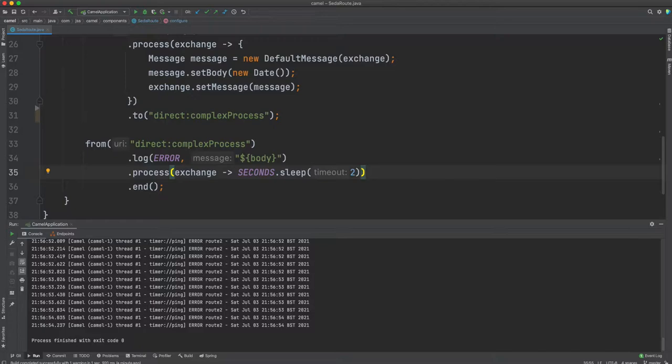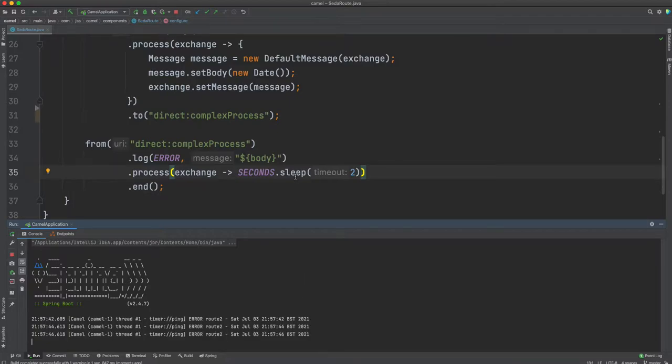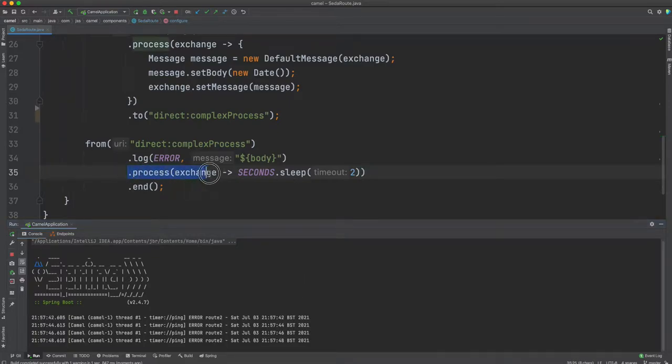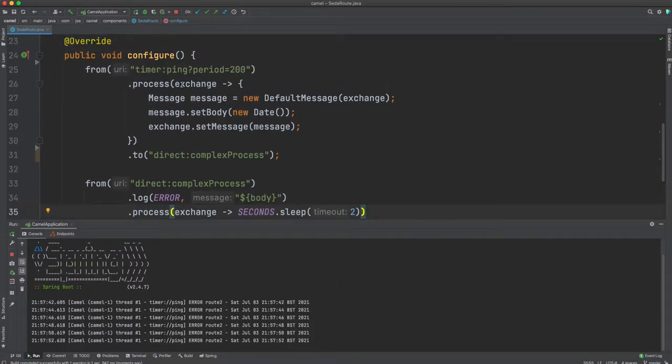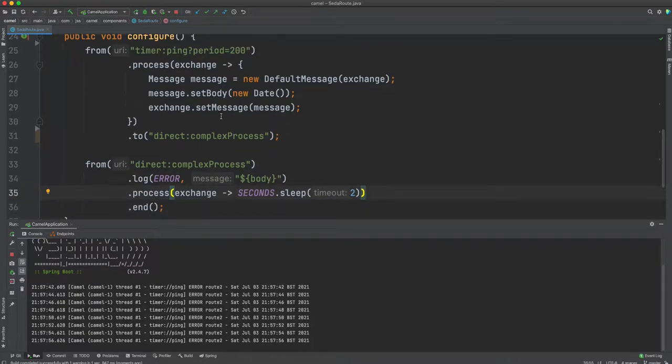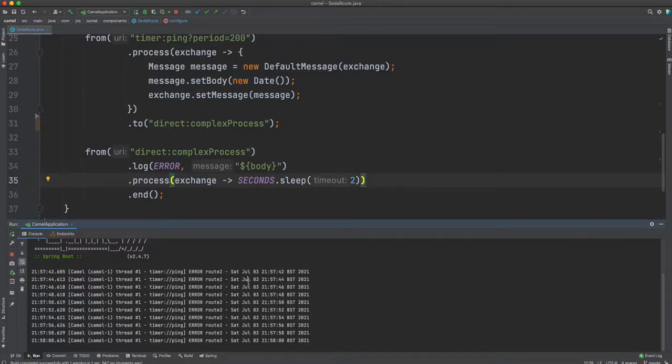The business requirement says it doesn't matter what happens on the route, but what are we going to see here is, if I run my application, even though I'm expecting that my pings are 200 millisecond, just notice over here, as soon as I injected this artificial slowness, the impact is directly visible. My timer is not able to send messages every 200 millisecond, and that is a problem. So we are breaching our SLA over here.